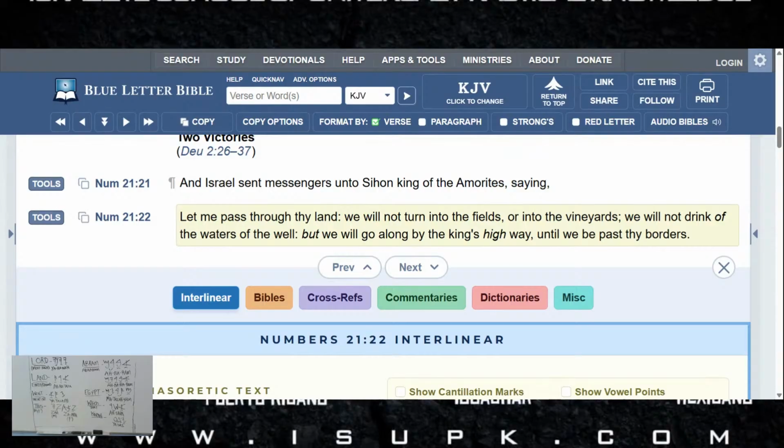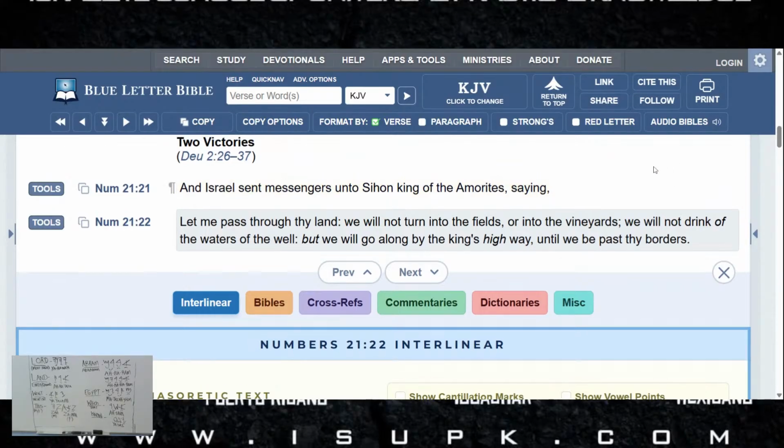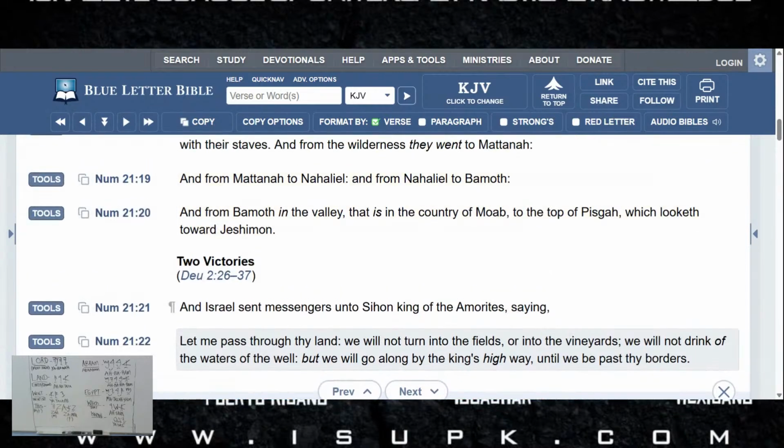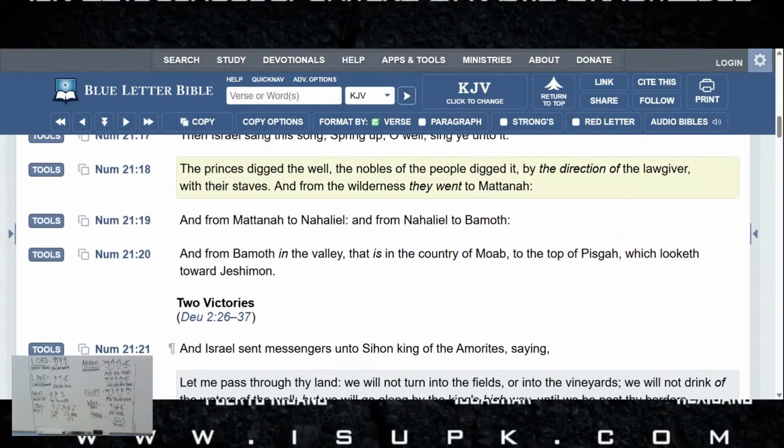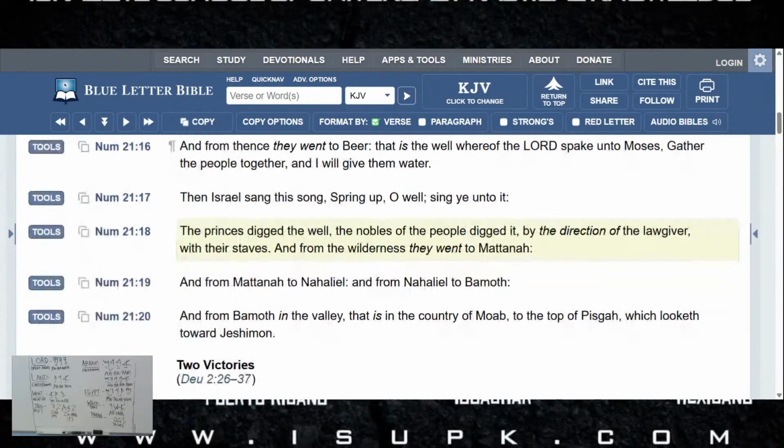So, as you can see, verse 21 gives you a little bit of backdrop. And Israel, Numbers 21, verse 21. And Israel sent messengers unto Sihon, king of the Amorites, saying, I forget who the Amorites are. It might be some Africans. I think the Amorites are some Africans, right? I believe, yep, they was the Africans, right? Because we down here, if we bought a country of Moab, then we was in Israel, which belonged to the Africans. Okay, Israelites, as you know, we are not Africans.